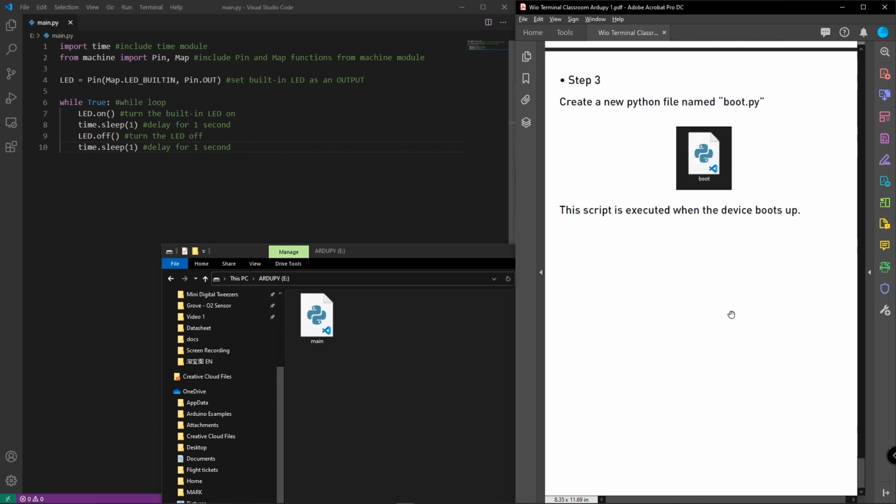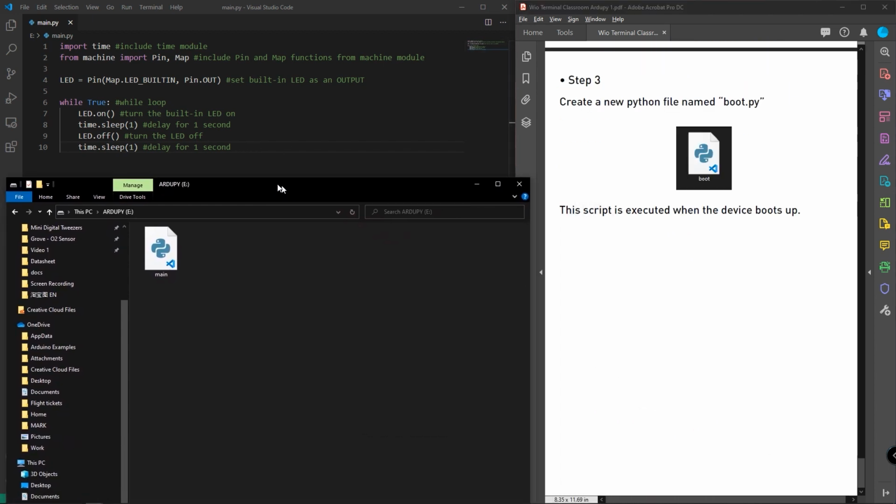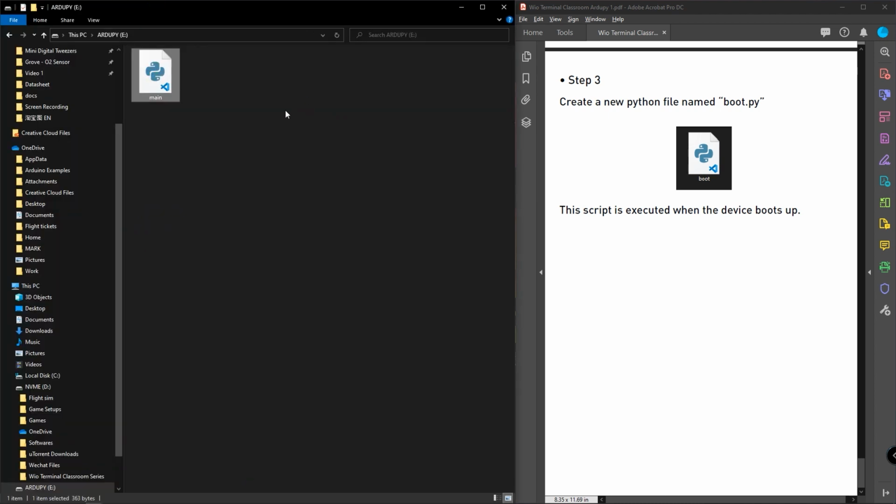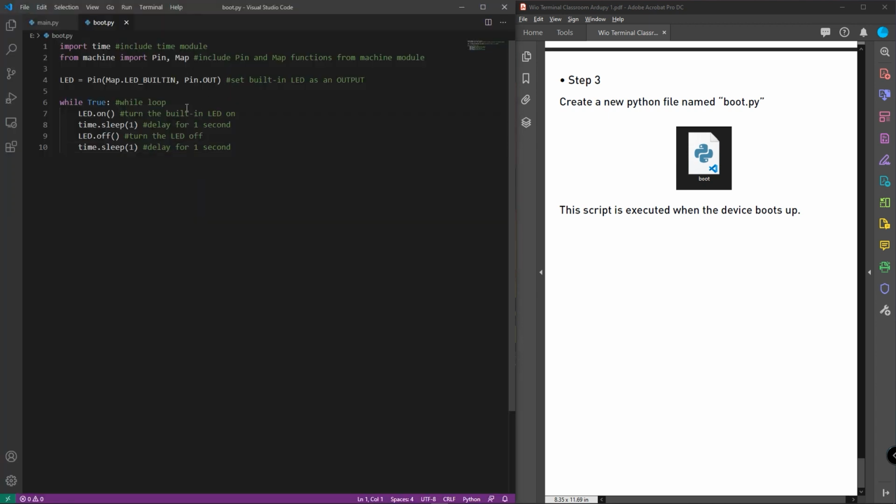However, if you have another file, let's duplicate this and rename it as boot. So this is boot.py, and if you create another file called boot.py, you open it. This is the same as the main.py file because we have duplicated the main.py file into boot.py.